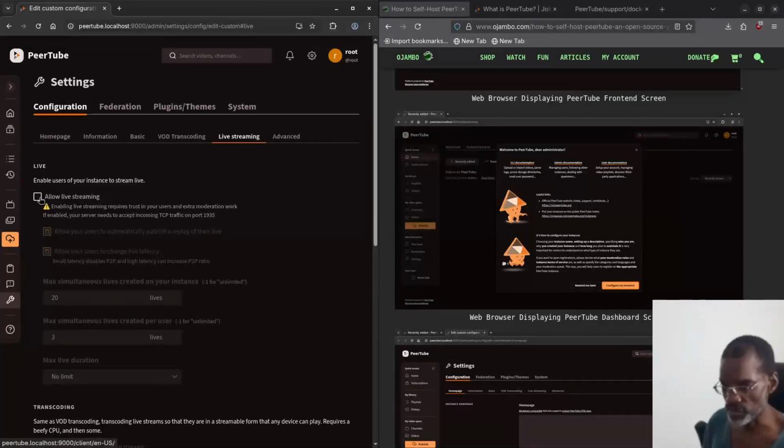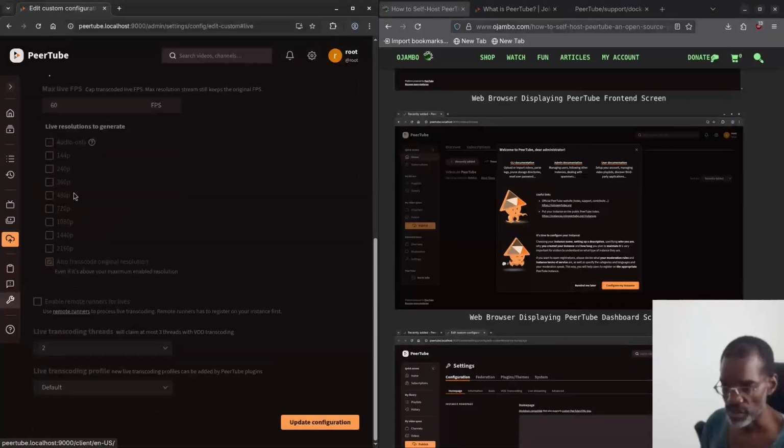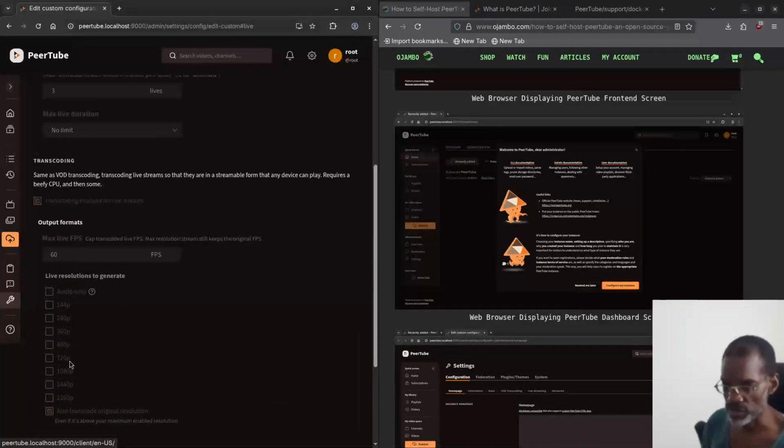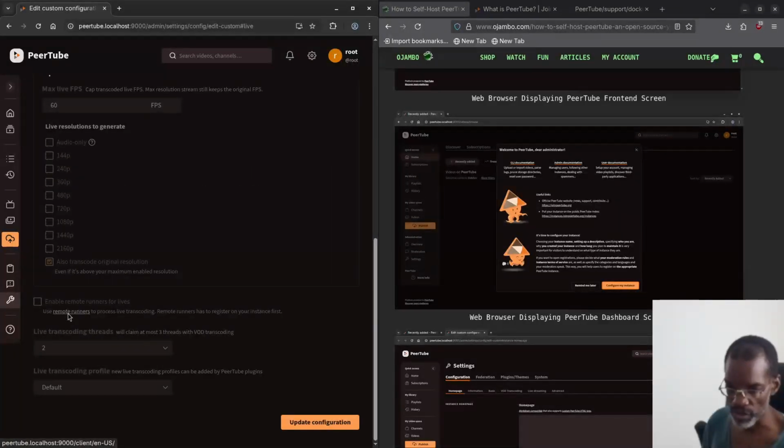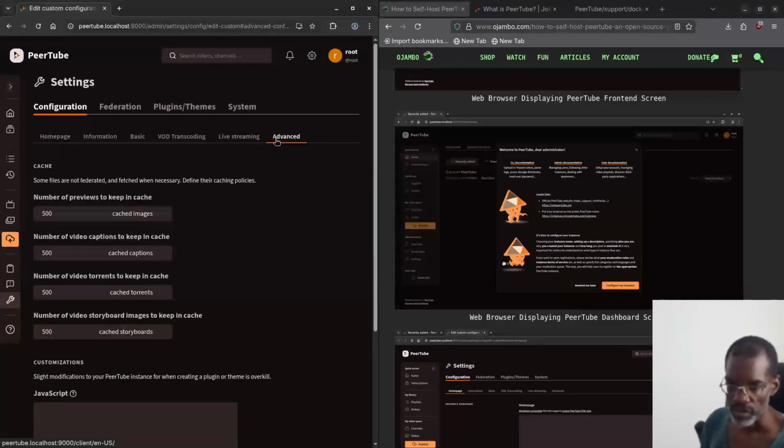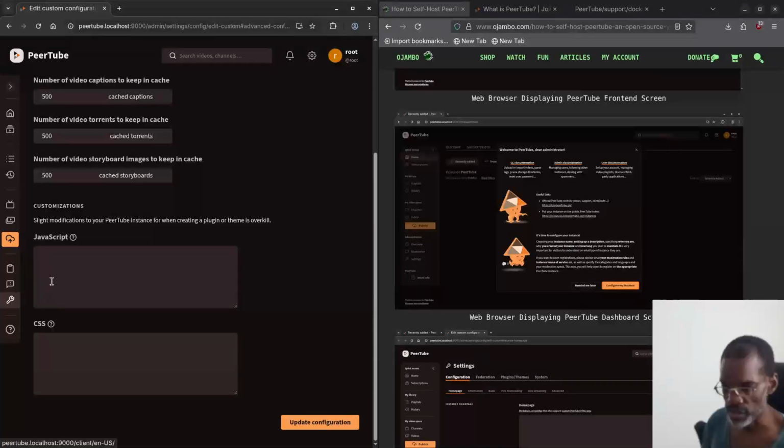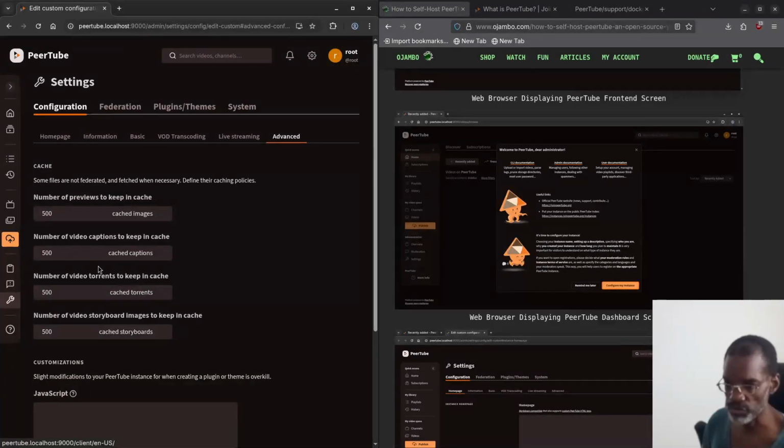Right now by default it's disabled, so you can allow them to live stream, not just yourself. And then you have the same settings for transcoding up to 4K as well. And in advanced, you have the cache settings, JavaScript, CSS optimizations. Okay, now